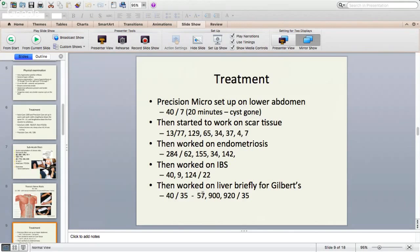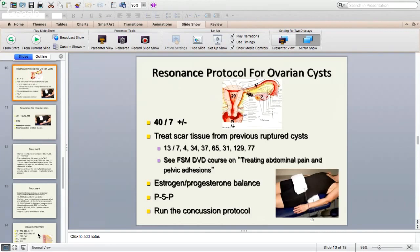And then by then my hand was up under her ribs and her liver was tender. So we knew about the Gilbert's and her slightly elevated enzymes. So I ran 40, inflammation in the liver, and toxicity in the liver, 35 is the liver, 57, 900, 920. And that made the whole liver side just totally relaxed. So that was fun. And this is what we ran for the ovarian cysts. This is from the core seminar. I just ran 40 and 7, just inflammation in the ovary, and then treated the scar tissue from the previously